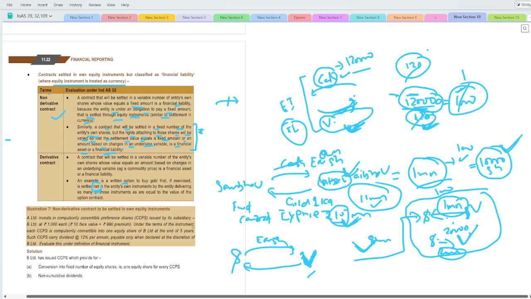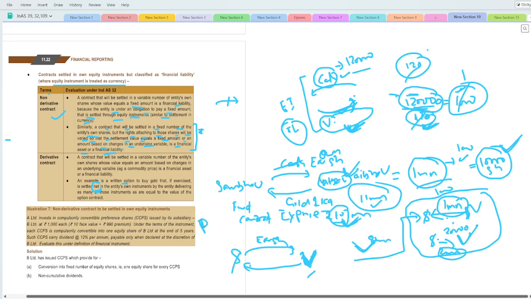Under the terms of the instrument, each CCPS is compulsorily convertible into one equity share of B Limited at the end of the 5 years. Such CCPS carry the dividend at 12% payable only when declared at the discretion of the B Limited. ठीक है,